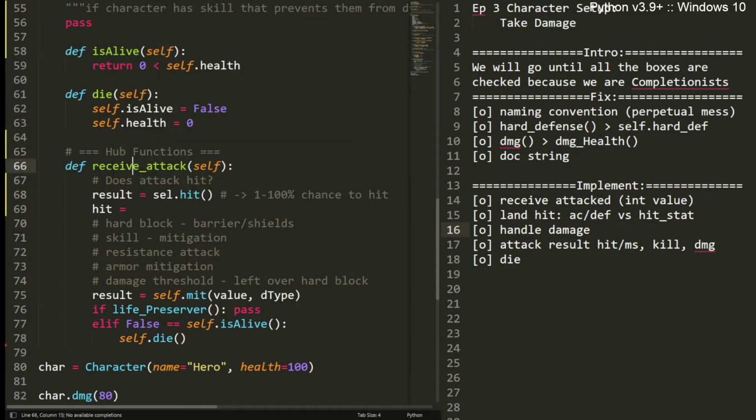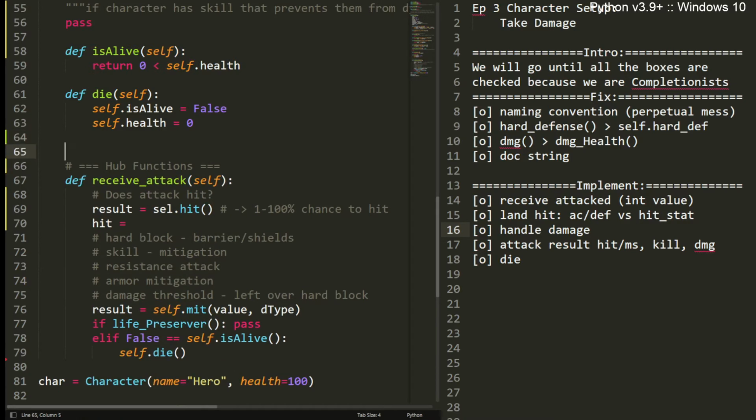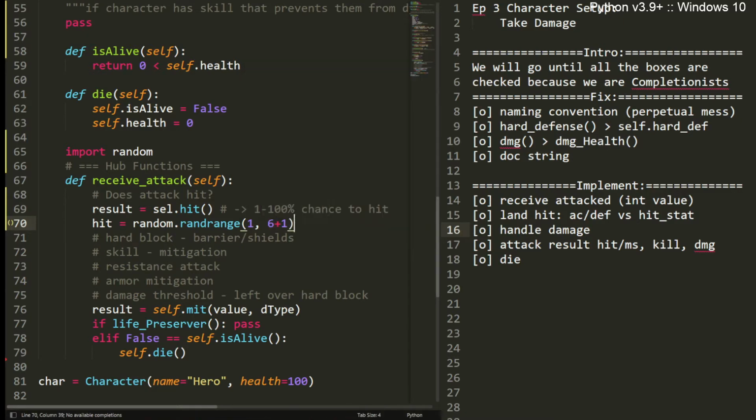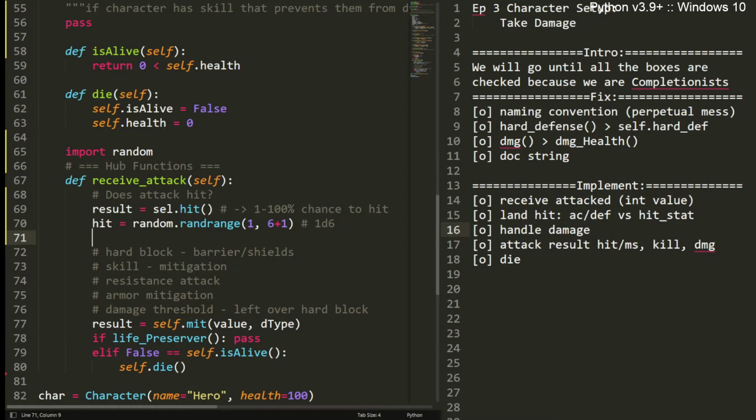Equals, I'm gonna need a random here. Import random. And then we're gonna use random.randrange. We're gonna say our range is 1 and 6 plus 1. So we're casting a 6-sided die, 1d6. Should probably make that a variable later so I don't have to dig around with the raw integers, but we're gonna wing it. So we're gonna say if hit is greater than,